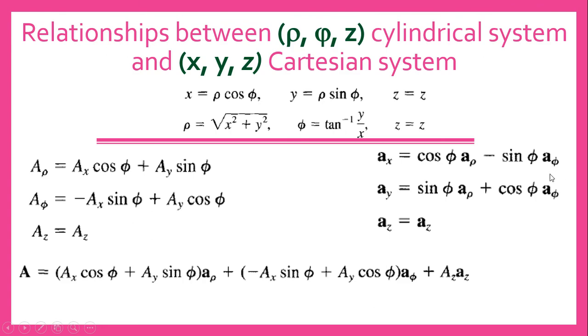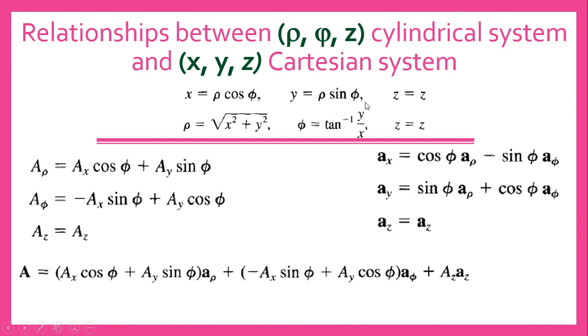So now we are going to see how to convert a cylindrical coordinate system into a Cartesian coordinate system, because some problems which may be difficult in the Cartesian coordinate system can be easily solved in the cylindrical coordinate system. So you must know the transformation, or the relationship, between these two coordinate systems. If you know the cylindrical coordinates, that is rho, phi, z, we can calculate the Cartesian coordinates: x equal to rho cos phi, y equal to rho sin phi, and the z value remains